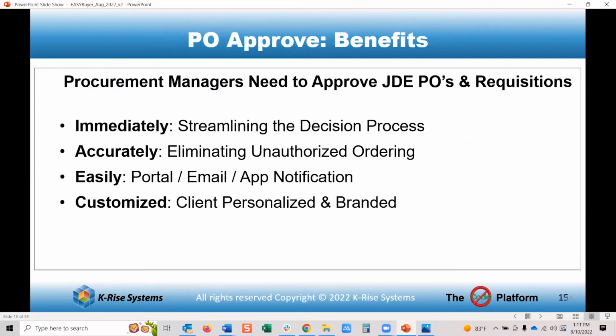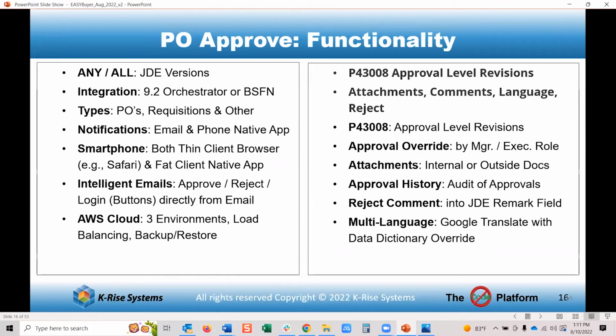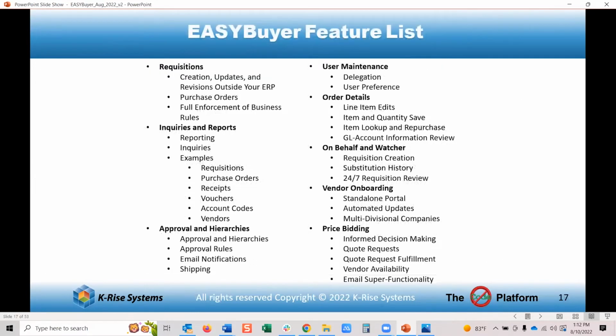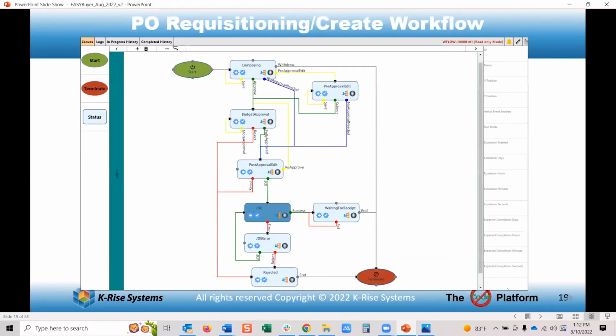portion. And once again, PO approver, we're not showing that, but as an example of PO approve functionality, we're focusing on requisition self-service, but this is PO approve. We're simply going to create a PO as part of the process, as Ben goes through it. Various use cases with Punchout, stock, and non-stock. But I just wanted everybody to know that this app is there working against the approval level revisions in JD Edwards. This is EASYBuyer, and rather than go through the bullet items, Ben will show it to you.